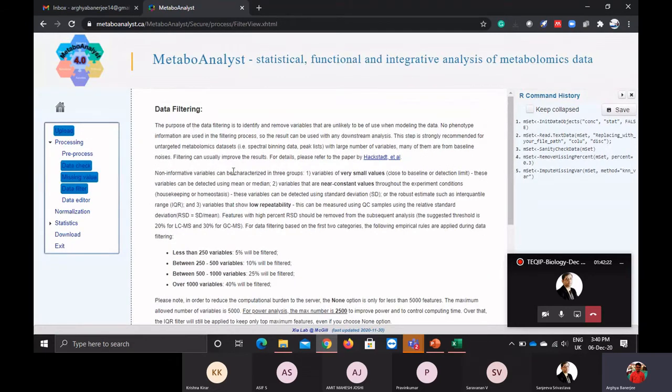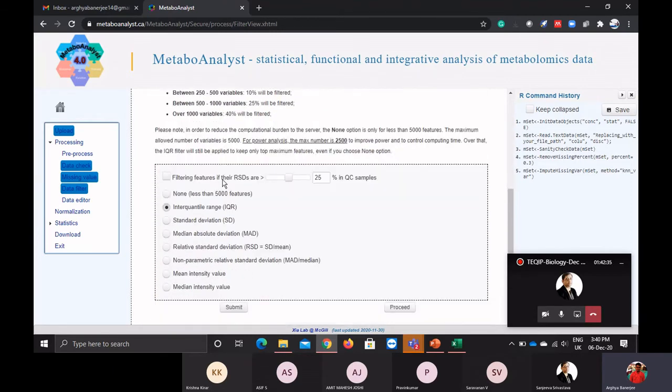Then I will enter into the phase of data filtering. Data filtering generally tells you, if you have bad data, in the sense of very small values or irreproducible data, you can remove it. You can remove the data if I am taking replicates in a model. If I see a standard deviation less than 20%, I can filter it out. If I am selecting a median absolute deviation, you can select it out.